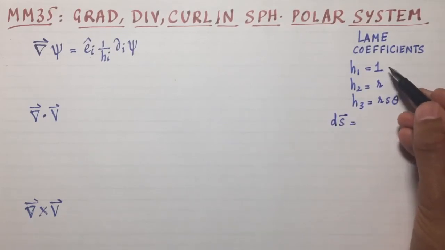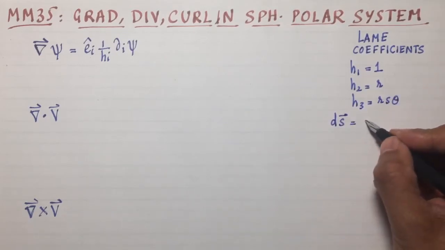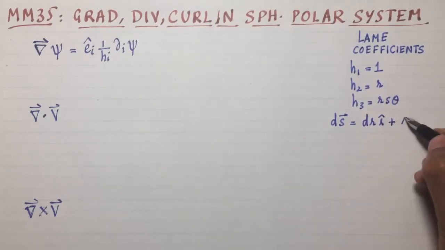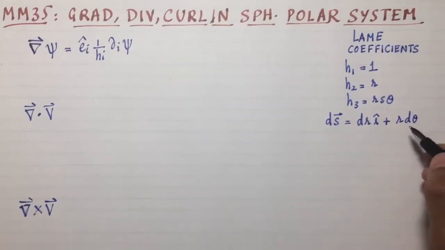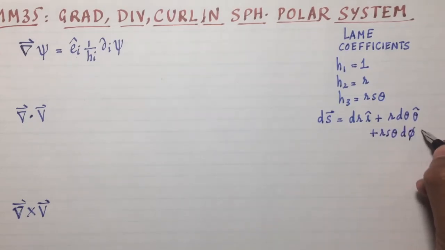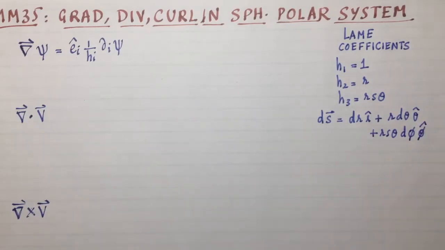The new arc length is 1 times dr r hat plus r times d theta theta hat plus r sine theta times d phi times phi hat. And that's the purpose of the Lamé coefficients, to give you the general sense of how the arc elements transform. What we're going to do in this video is use the formulas that I write here,